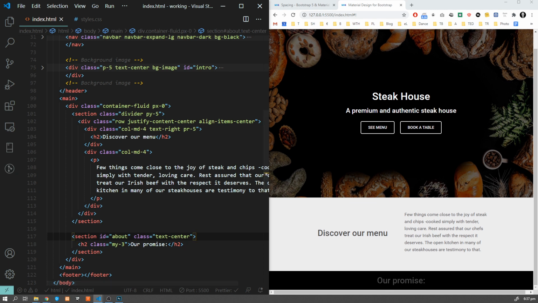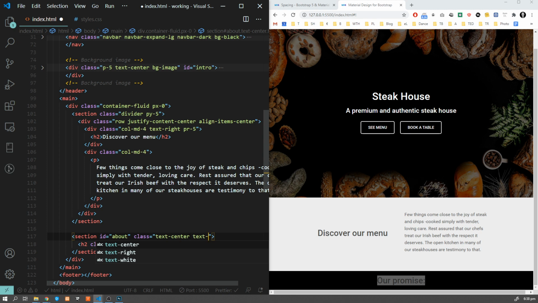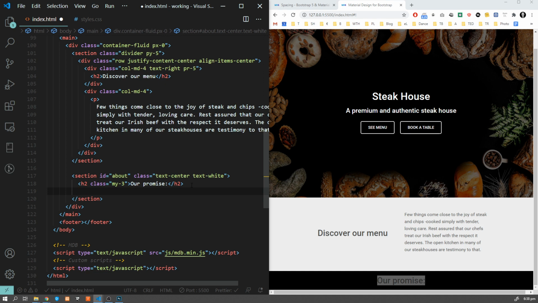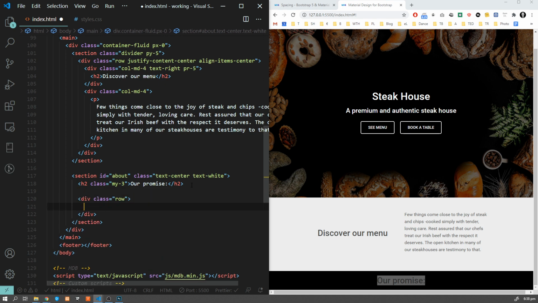Now we also want to change the color of this text within this section to white. We can again do it easily using text white class, which will change text for all that. And now we are ready to add new rows and columns over here. So let's start with row, and we're gonna use two columns called